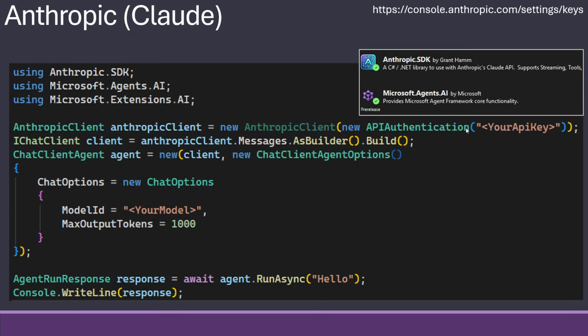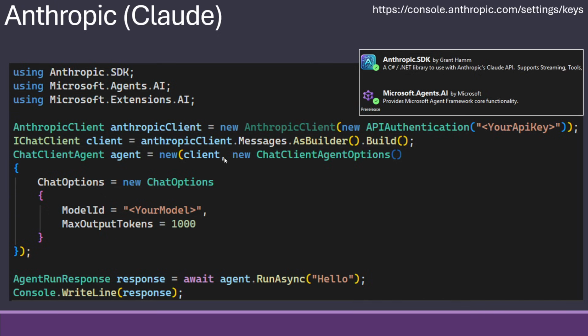Anthropic, same procedure. They don't have an official package, but there's a fairly good package on NuGet. And together with Agents AI, we can go in and make an Anthropic client where we need to give the API key you get from console.anthropic.com. We can then new up the Anthropic client, take Messages AsBuilder.Build, which will give us a chat client.